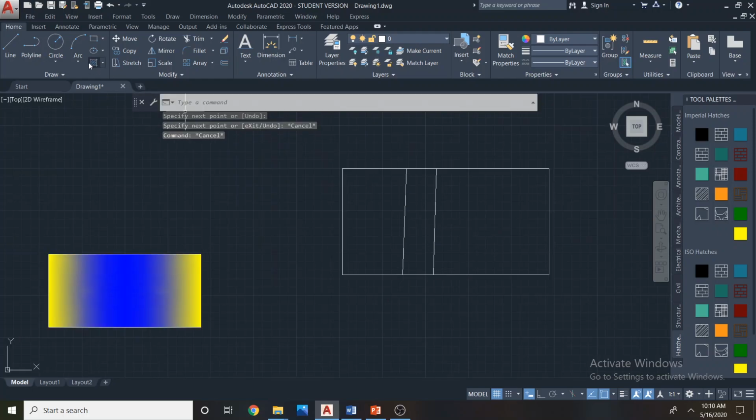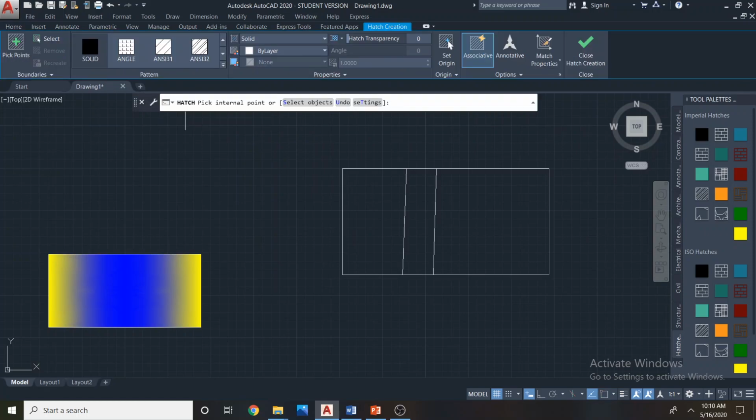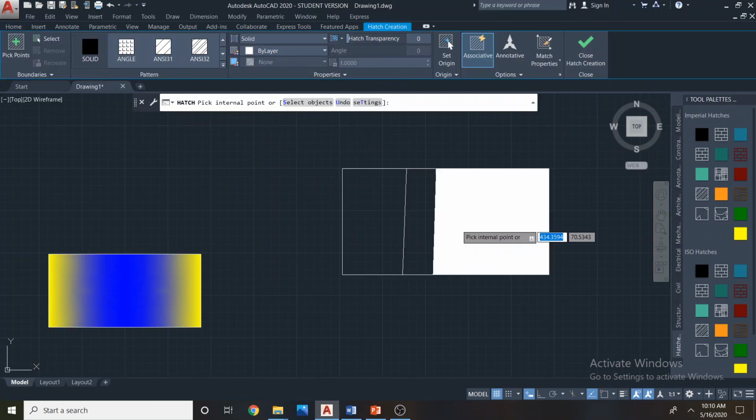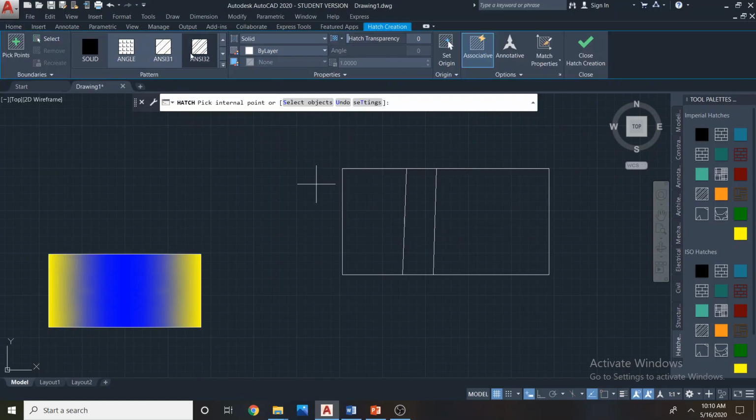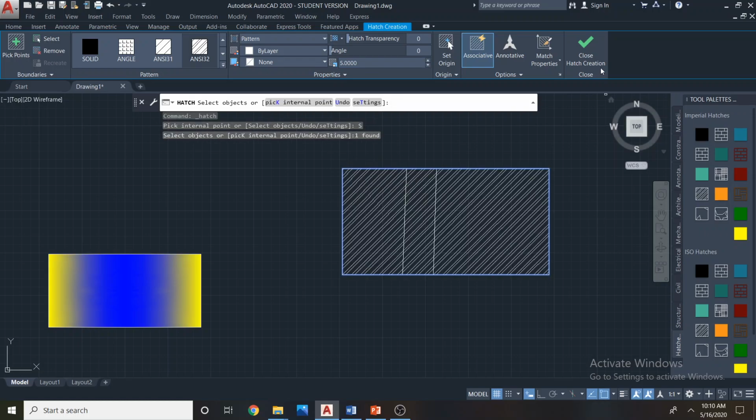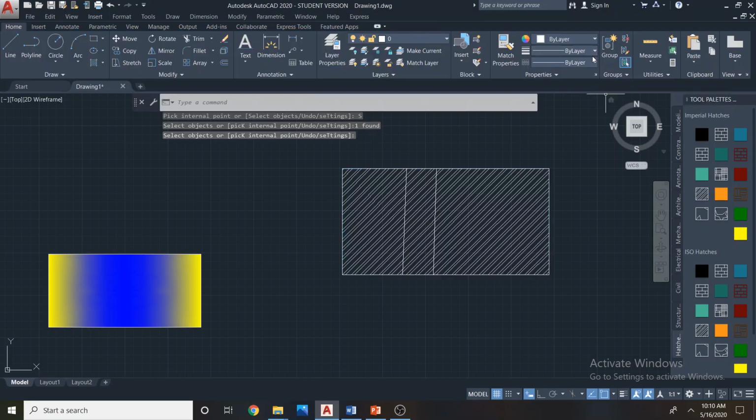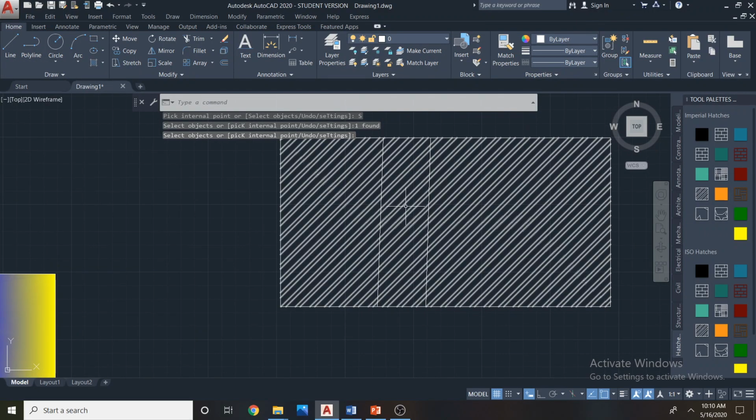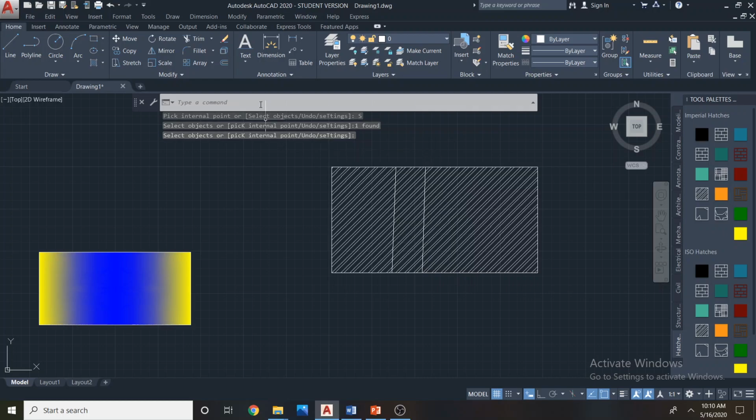I'll hatch the entire area by picking internal points. It will hatch this way, this way, this way. I select the scale somewhat visible, say 10, say 5. Now if I use the select objects method, it will select the entire area without ignoring the internal boundaries. So if someone wants to remove this area now, what can he do? He can use the trim tools and do it.